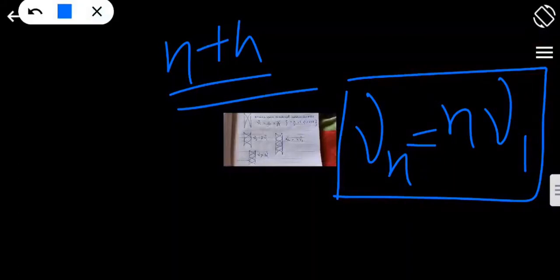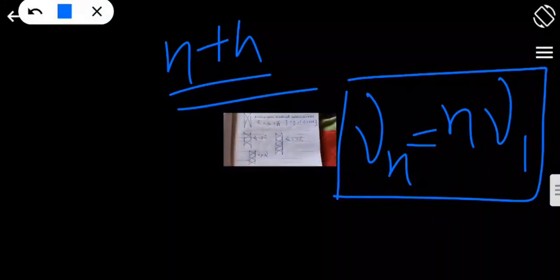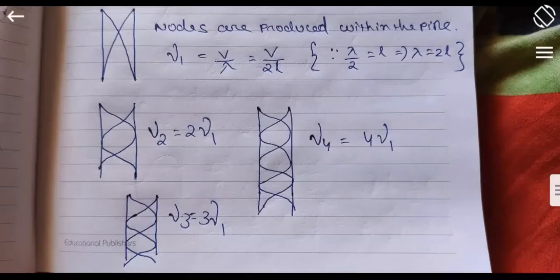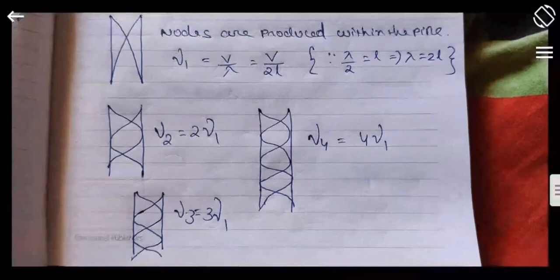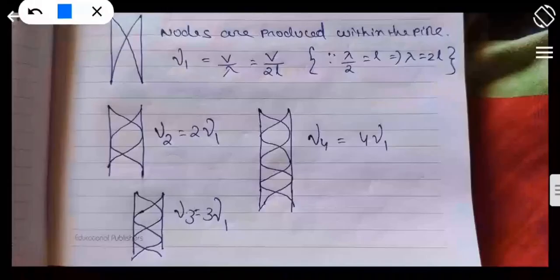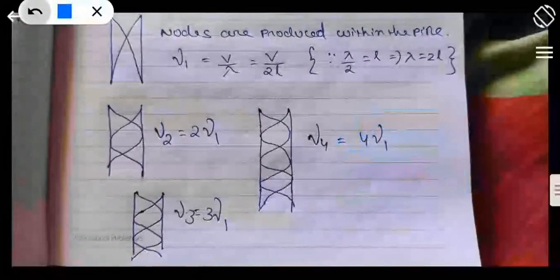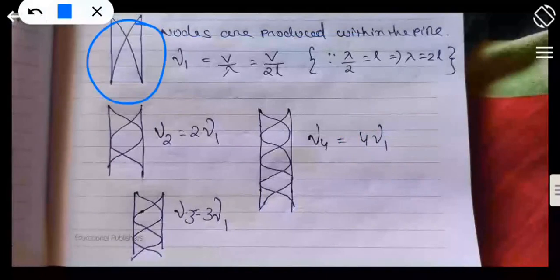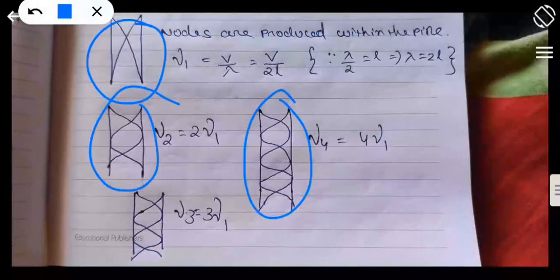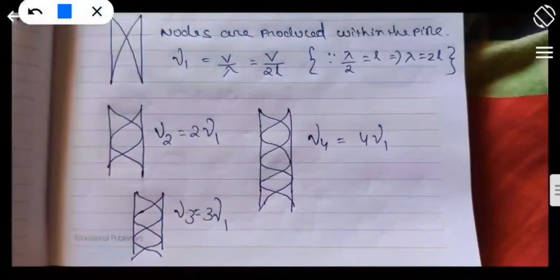Okay, similarly, if I take the open organ pipe, this same thing will be followed in the open organ pipe also, right? The harmonic case that happened in the string attached at both ends is very similar to the nodes produced within an open pipe. You can see here these are the pipes, open at the two ends. First end and second end both are open, right? So in this case, how to find out nodes and antinodes, and to find out nu 1 in this?